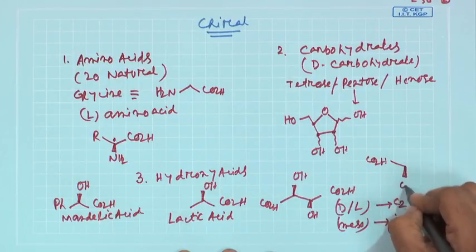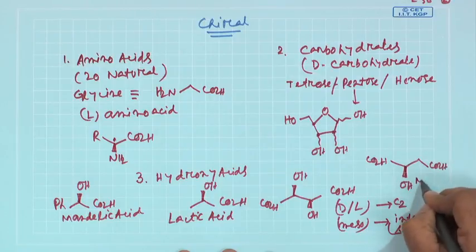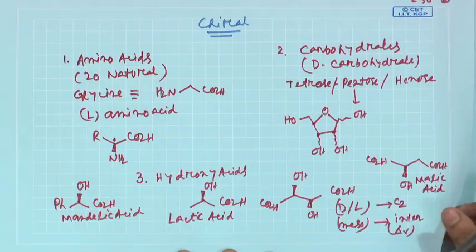Another very well known hydroxy acid is malic acid. Malic acid you can normally isolate from apple fruit, Pyrus malus, which gives you a rich source of malic acid. So, these are the hydroxy acids, then you have compounds like